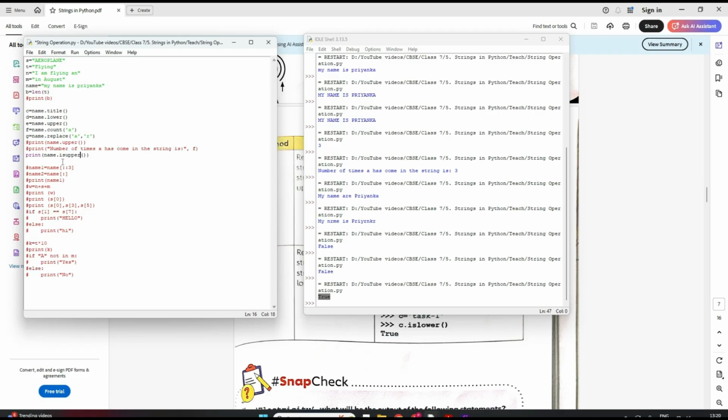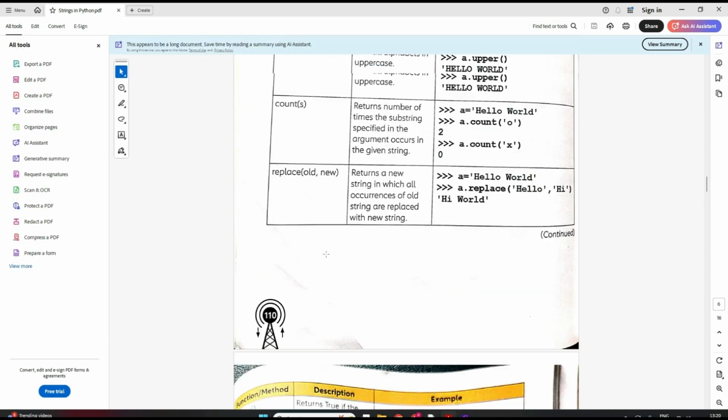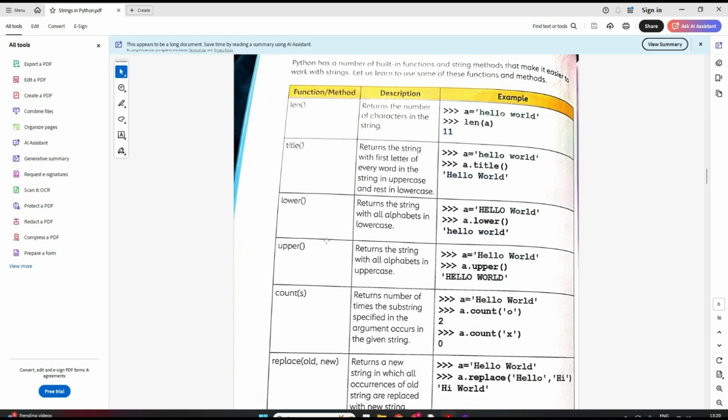Now instead of name, suppose I just make this a string S. See, not all are in uppercase, right? Right now if I run, it will return me false, correct? False. But now suppose here all is in uppercase. If I write S.isupper(), see, it will return me true because all are in uppercase. True. Clear? So all these built-in functions, I suppose it's clear.